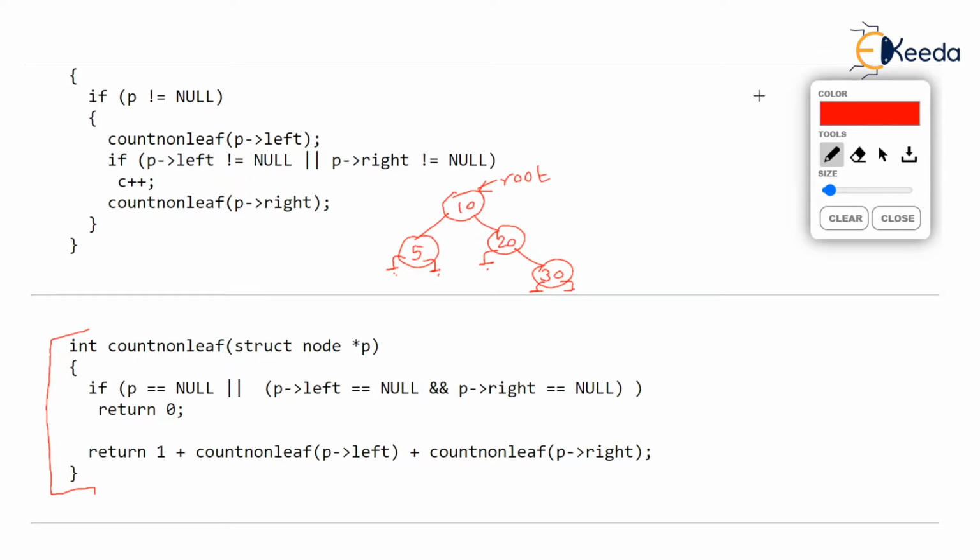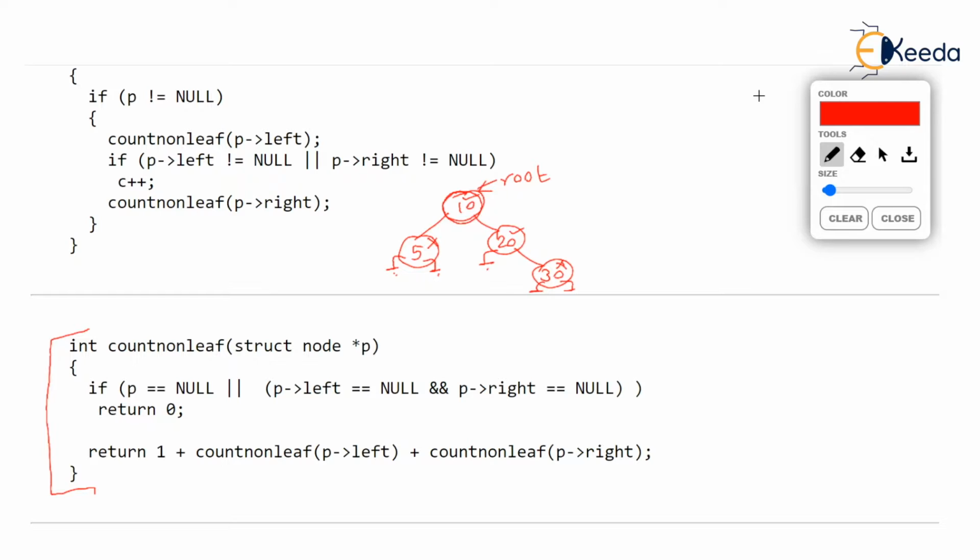You see that 10 is non-leaf because it has both children. You know a non-leaf node is a node which has at least one child, either left or right or both. So 10 is non-leaf and 20 is also non-leaf. But 30 and 5 are leaf nodes. So your answer should be 2, isn't it? There are 2 non-leaf nodes. No, but not that way. You should think recursively. Although 2 is the number of non-leaf nodes and your answer is correct, 10 is non-leaf and 20 is non-leaf.